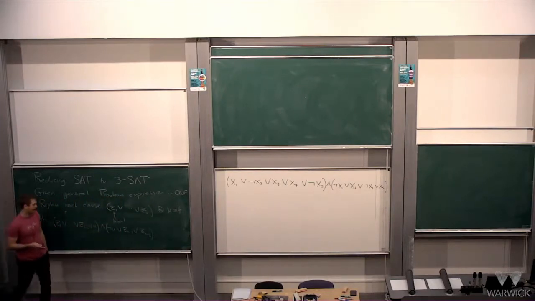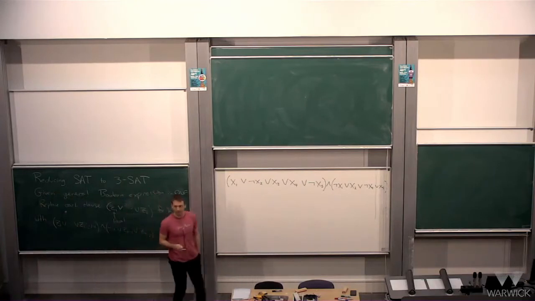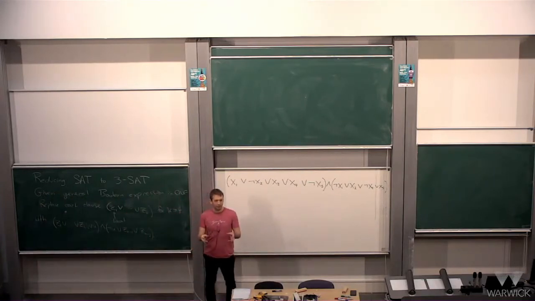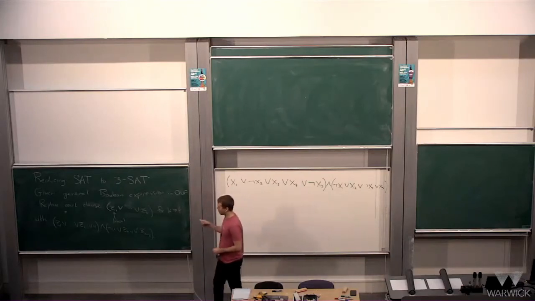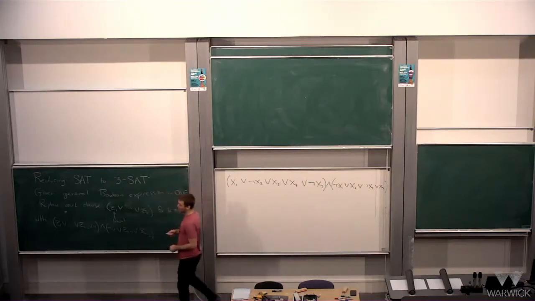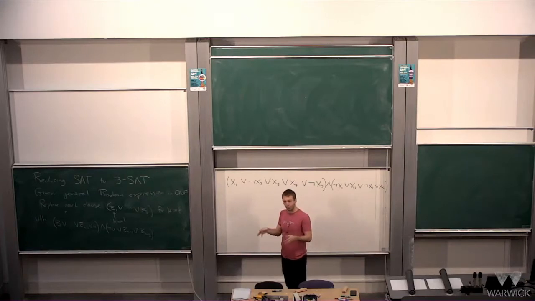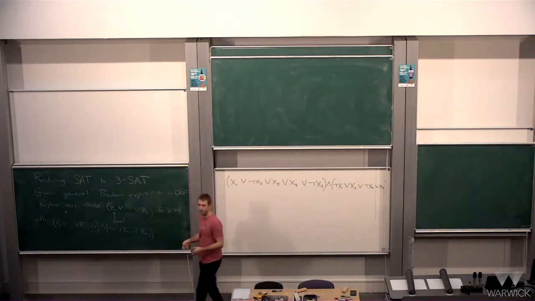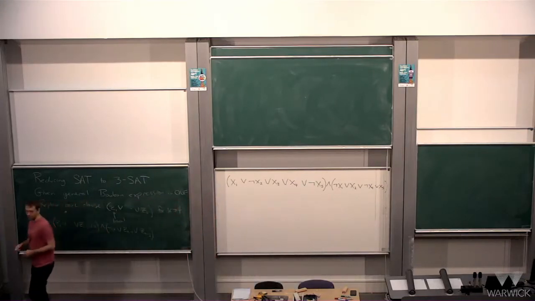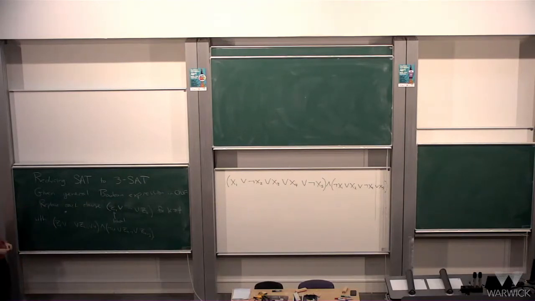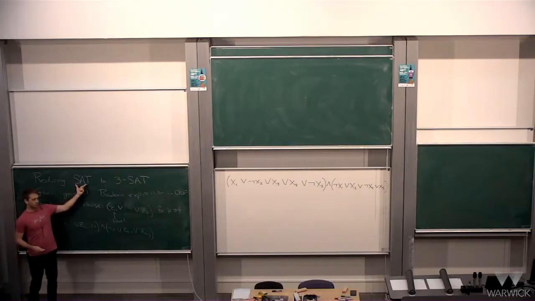Now I understand that we were running out of time at the end, so I did write down the proof, but I didn't really explain all the details. So I wanted to go over this briefly again, and I just want to explain the details in one particular example, and then hopefully you can see how that generalizes to all Boolean expressions. But just to recap what we were dealing with, you want to basically transform the SAT problem